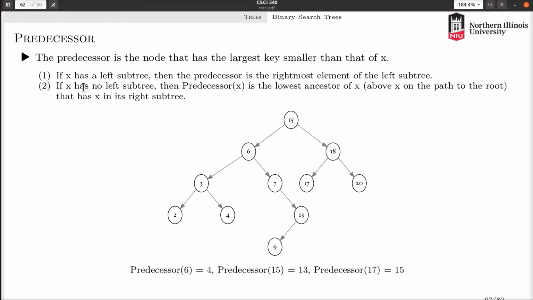And just like before, what if there is no left subtree, right? Well, then you go find the nearest ancestor above the level of the key such that X is in the right subtree rather than the left as it was in the previous case. So what do we say? What's the predecessor of 6? Well, if 6 is here